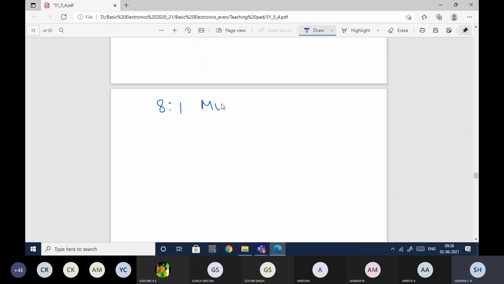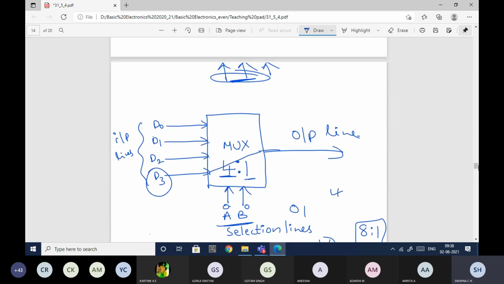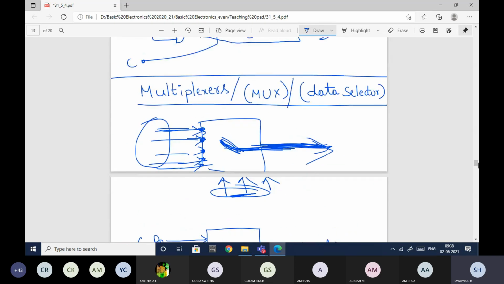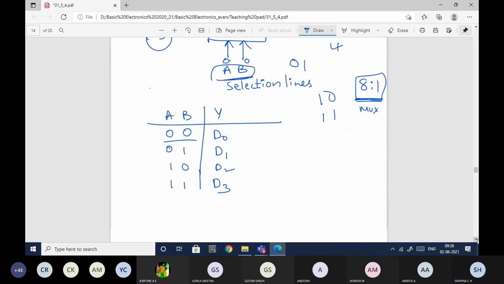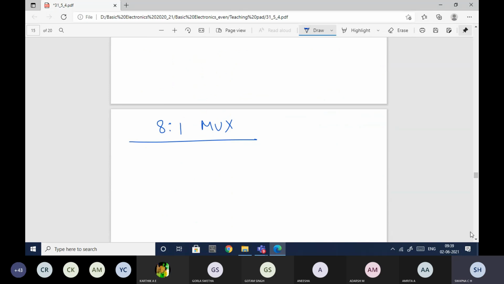I have given one more name to the multiplexer: a data selector. Based on the selection lines, the data will be selected, so the multiplexer is also said to be the data selector.